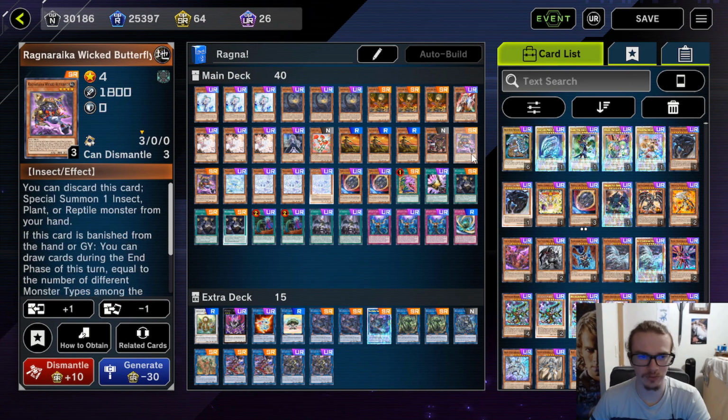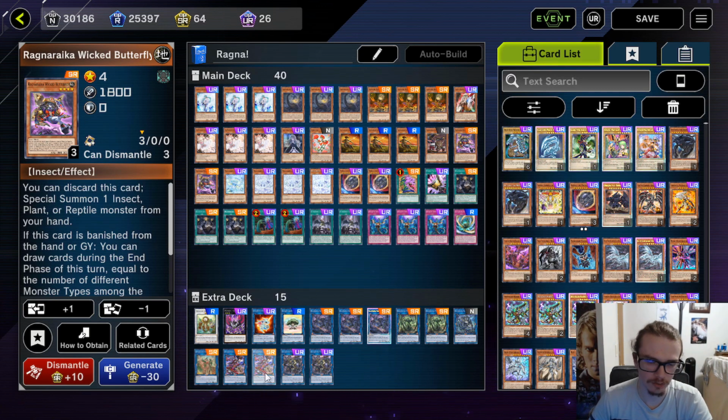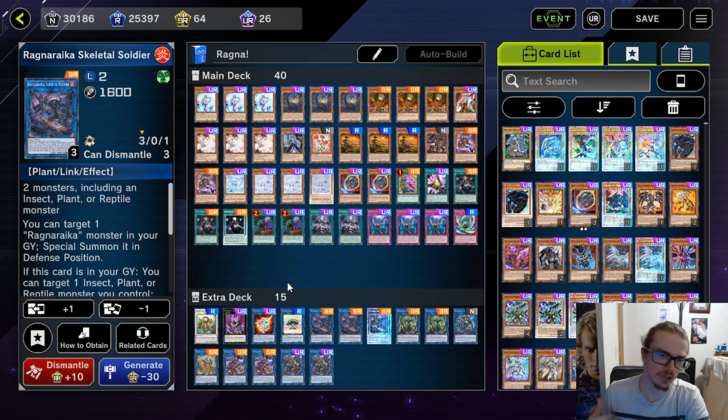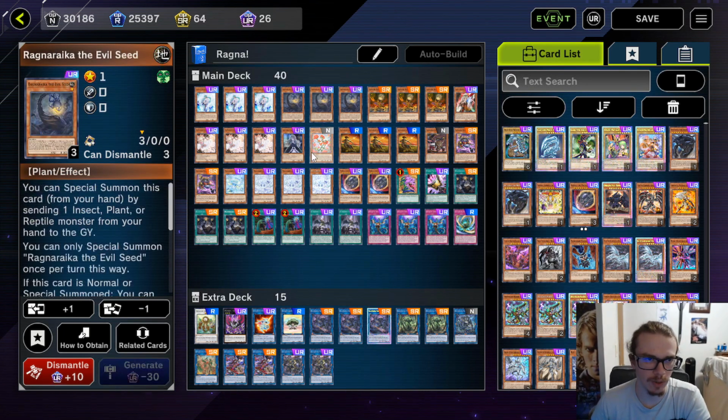And then we have the Wicked Butterfly, which can discard to special summon an insect, reptile, or plant, and when it's banished during the end phase, it can draw cards dependent on the number of different types of plant, insect, and reptile link monsters you control. So there you go. And then we're also playing Lone Fire just to get into Ragnara Evil Seed, which is